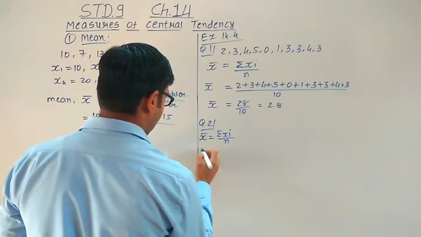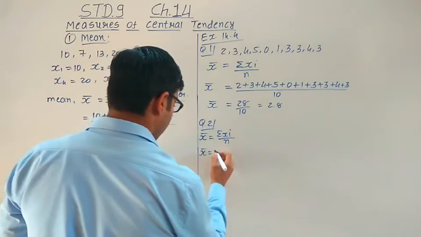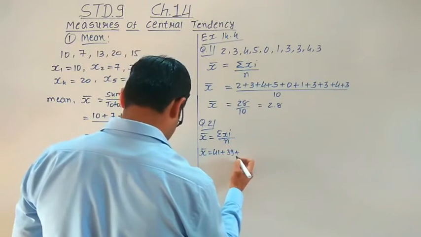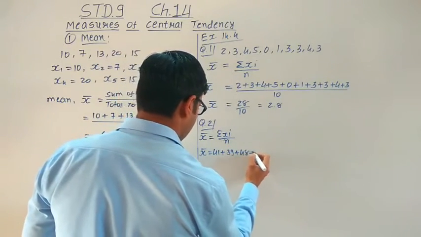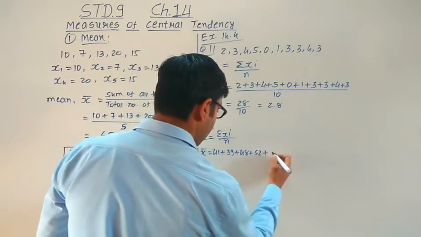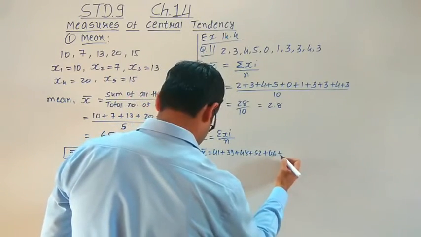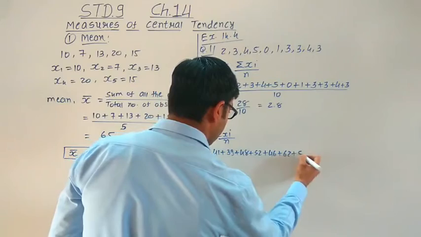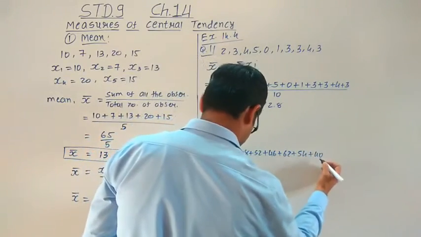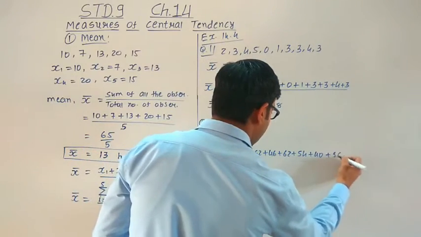So here we have to add all these numbers. The numbers given are 41 plus 39 plus 48 plus 52 plus 46 plus 62 plus 54 plus 40 plus 96